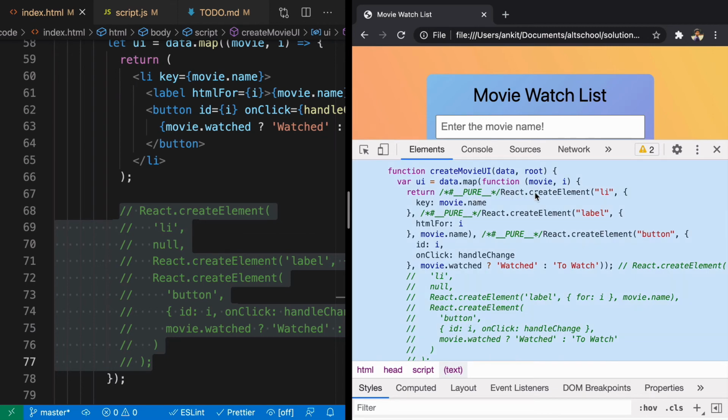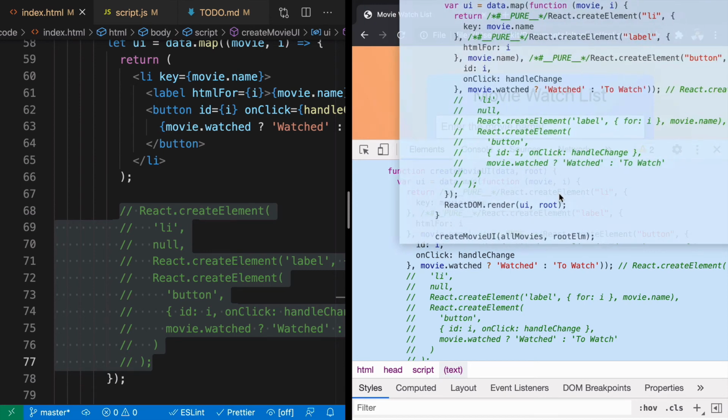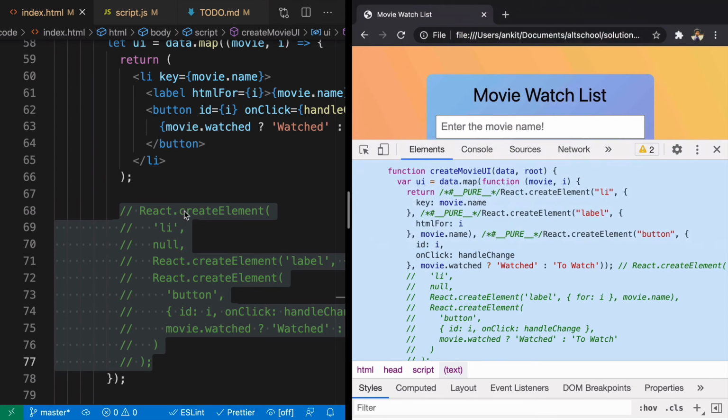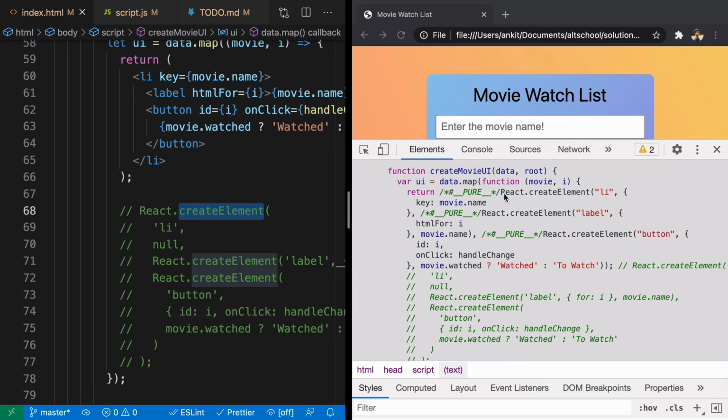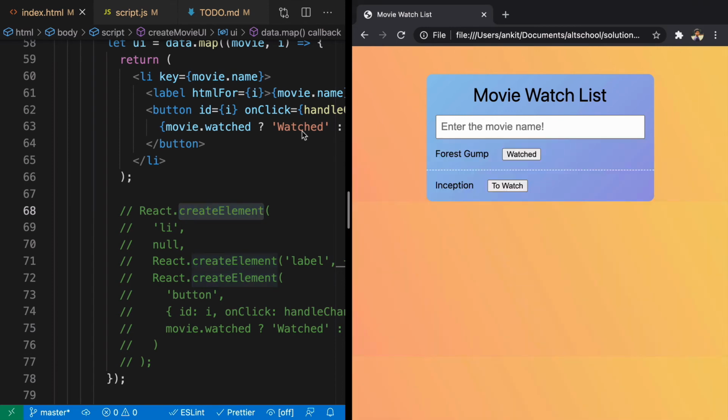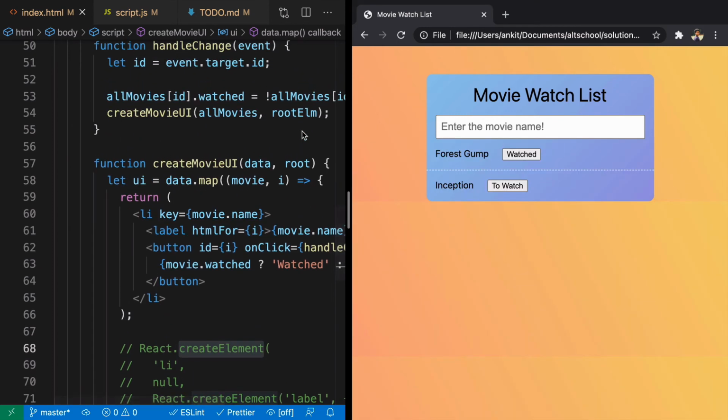Instead of JSX, finally it will be the same thing that we wrote earlier, that was react.createElement. So we have react.createElement, li element. Here we have key that is going to be movie.name. Then again it has two children and all the other things. So this is what is happening here. Babel is taking your JSX, converting it into normal JavaScript and putting it back into the browser so the browser can understand JavaScript and create the UI here.